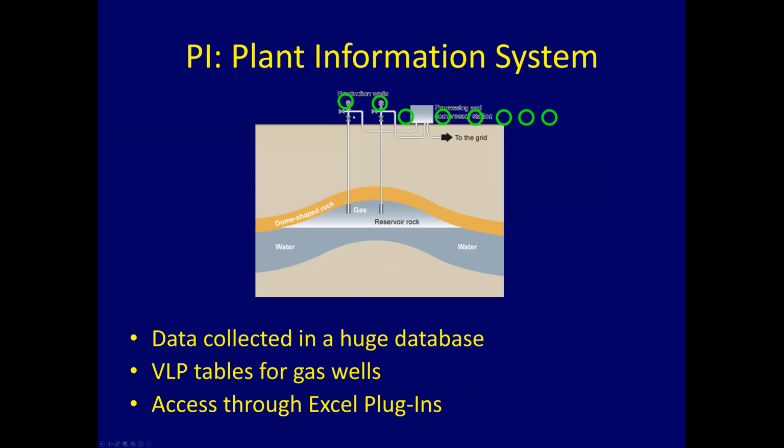we have the pressure data, then we are using vertical lift performance curves, VLP curves, which help us to determine the reservoir pressure from surface measurements. So we can save a lot of money because we don't have to measure it directly by static pressure measurement, but we are able to use VLP curves, and then we can calculate the bottom hole pressure, we can calculate the reservoir pressure, and then we can make nice